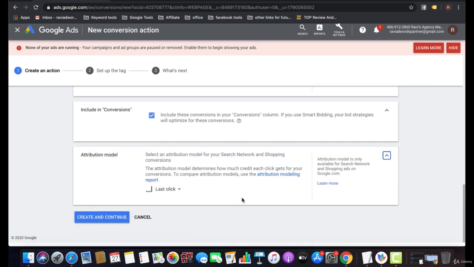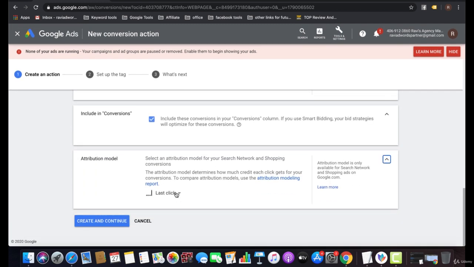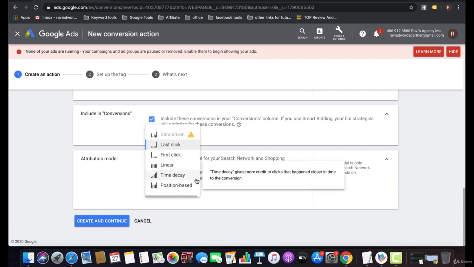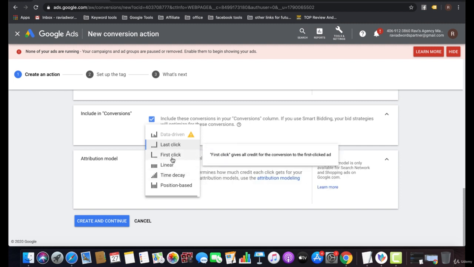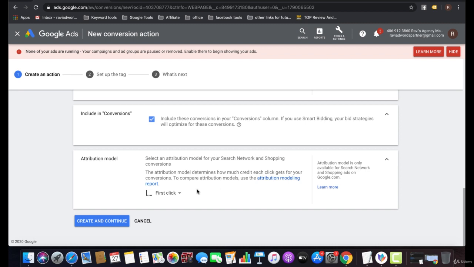And attribution model. There are four main types of attribution model. One is last click, which means if one person is clicking multiple times, the conversion will count as his last click. When you select first click, it will count only the first click as the conversion.